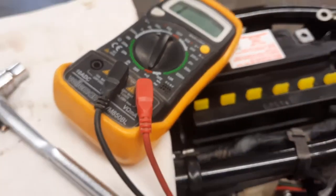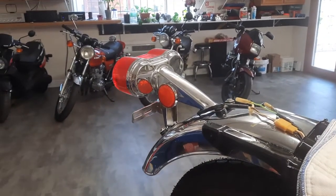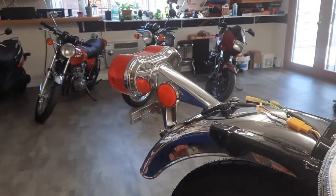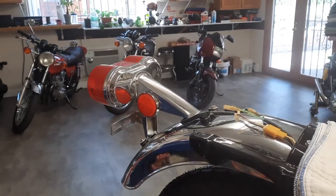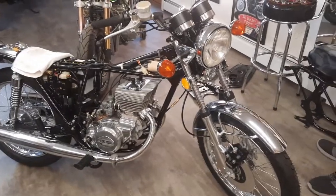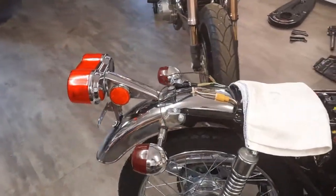Well, I hear it, which means the brake light switch is done. All right, let's hit the foot brake. Oh my. And let's hit the front hand brake. Yeah, we're looking good. With the blinkers on, working and mounted,